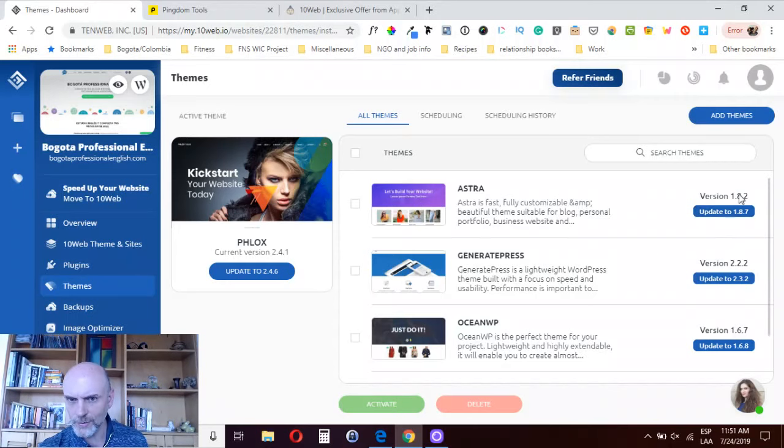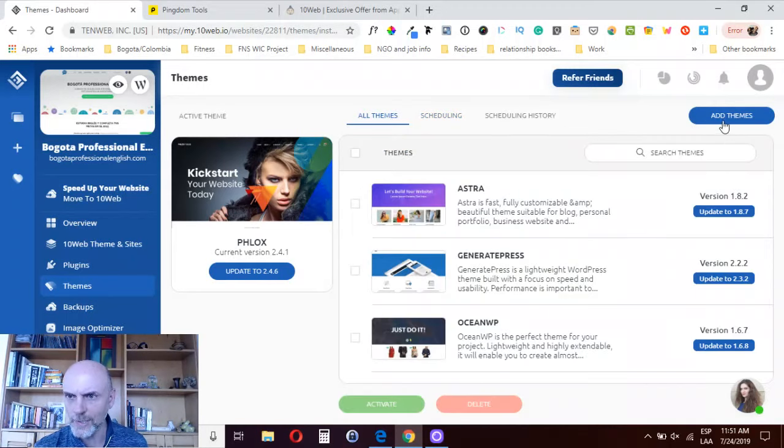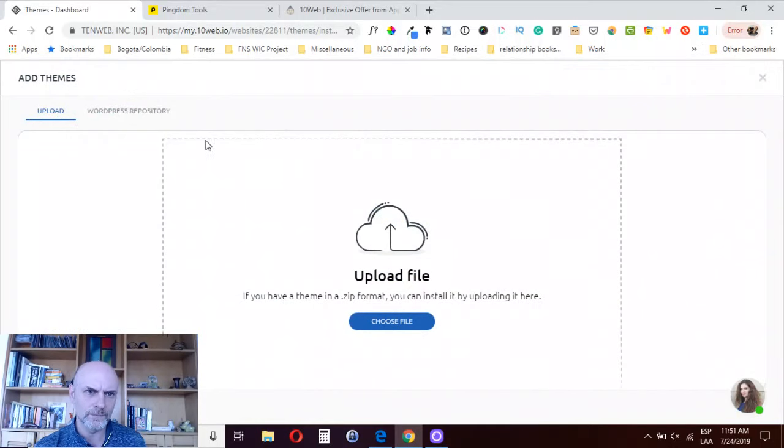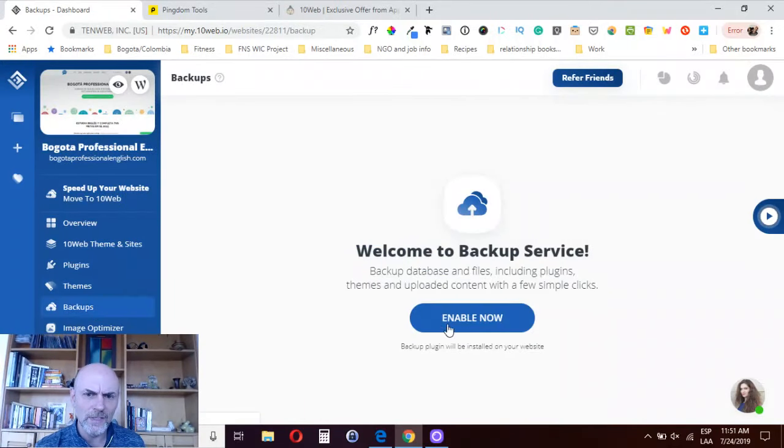Here, for some reason these aren't updating. Again, you can schedule your updates right there. You can add themes. So again, you can either choose a file or go into the WordPress repository. Here again, these are not working. We'll look at these through a different website, but I wanted to just start with this website and just show you